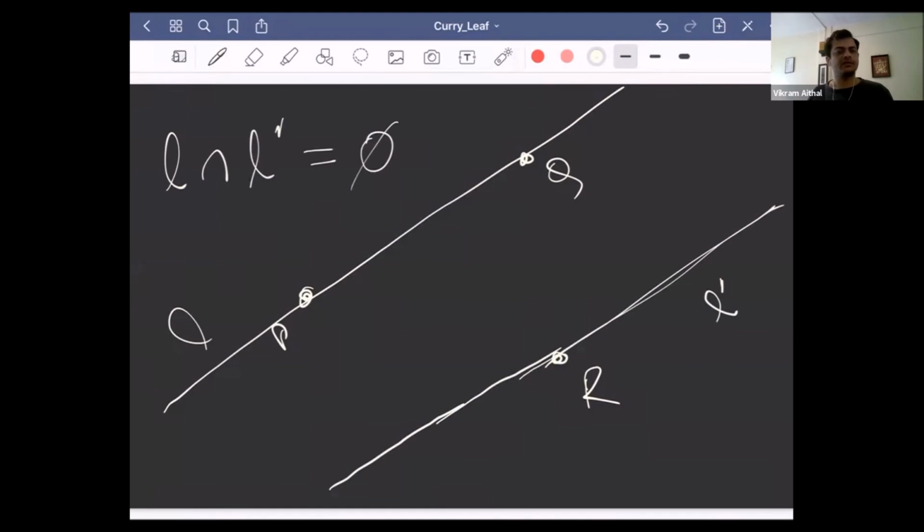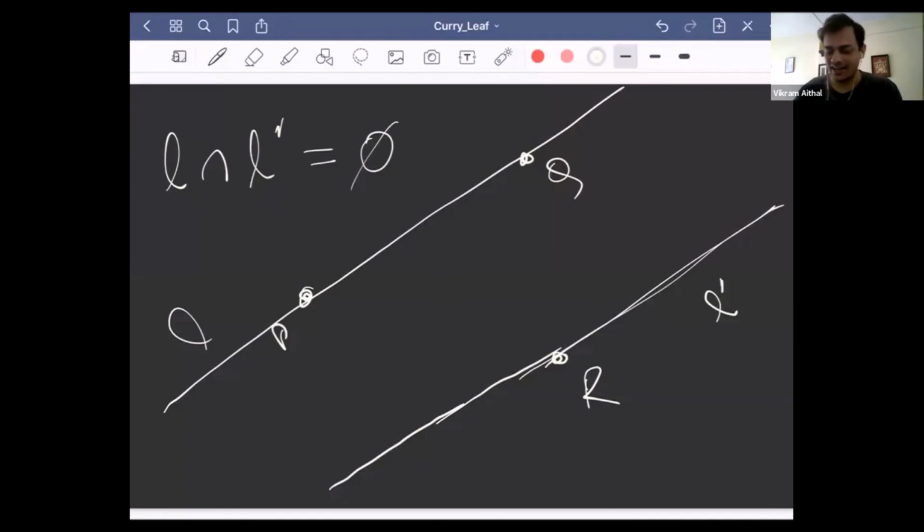How many such lines can I draw? Can somebody think of another line? Like, can I draw another line passing through R, which does not intersect L? Say yes if you can draw such a line. Excellent. Fiona so badly wants to draw a triangle that she's even annoyed with this one line. She doesn't want any more lines which don't intersect, right?